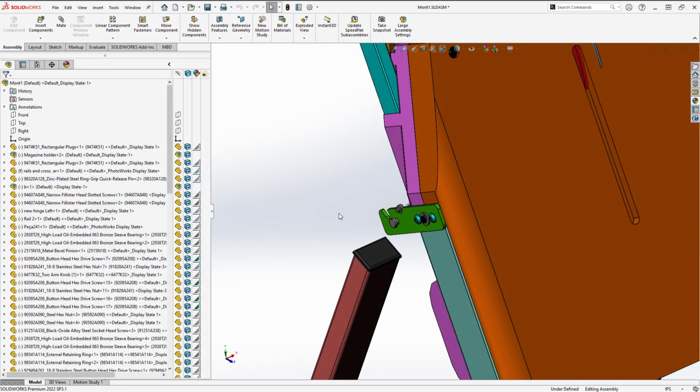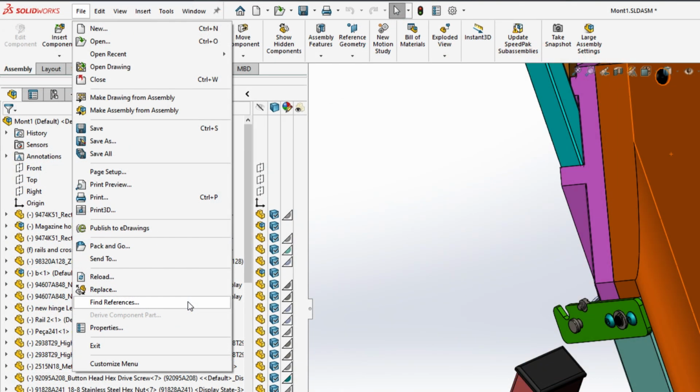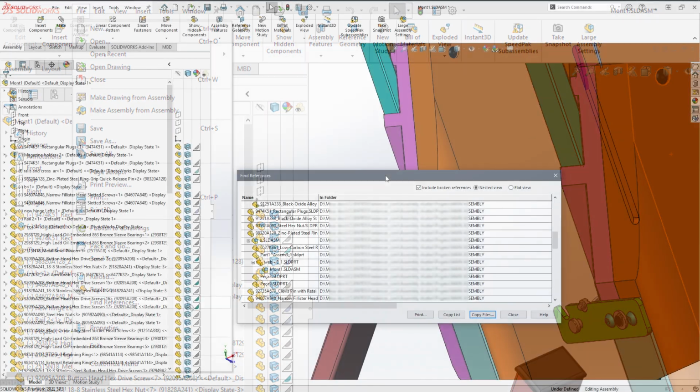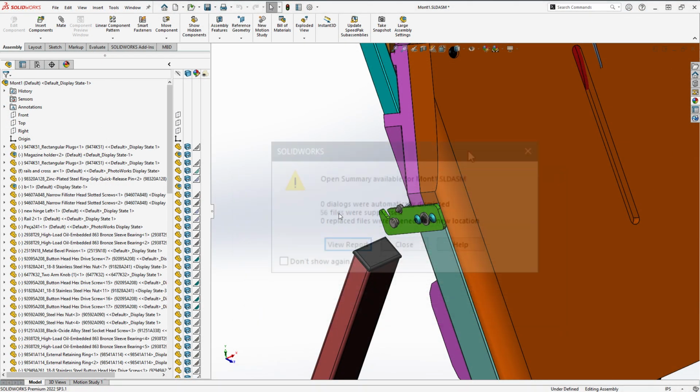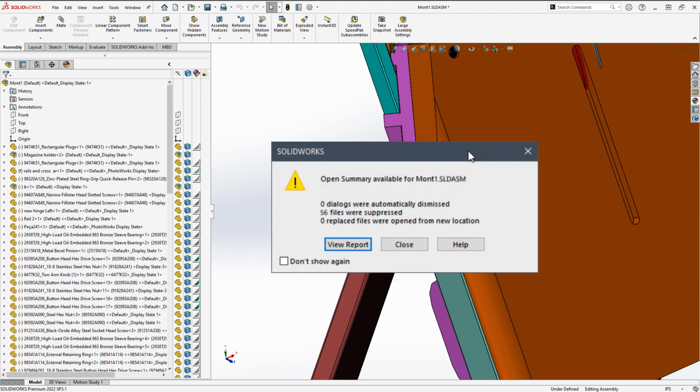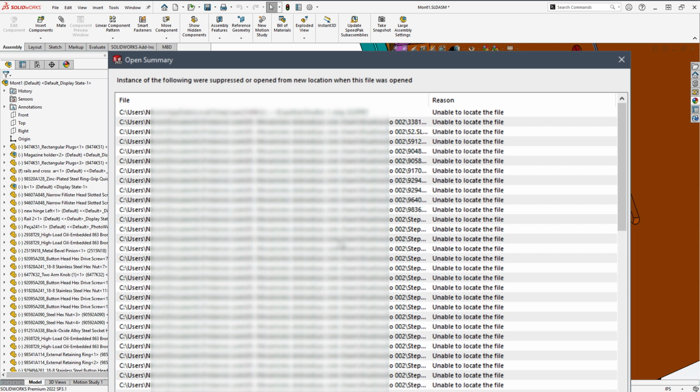But there are occasions when SOLIDWORKS doesn't point out anything wrong in the assembly design tree, and when we use the Find Reference tool, everything seems to be okay, but it is not. The file reference message keeps popping up every time we open that assembly. It can include locations where those files one day existed, like a history recycle bin showing other computers' folders that contained the files.